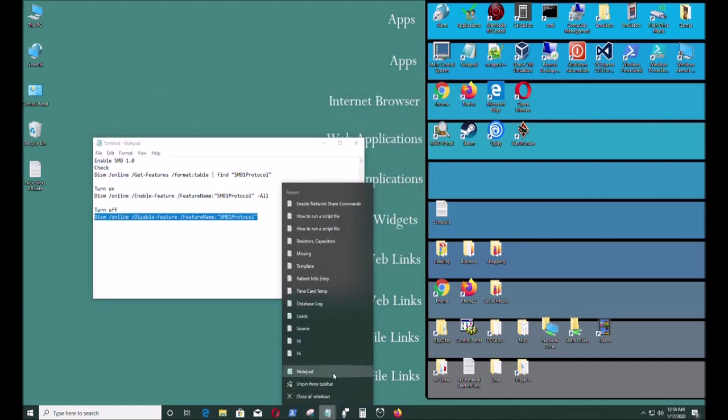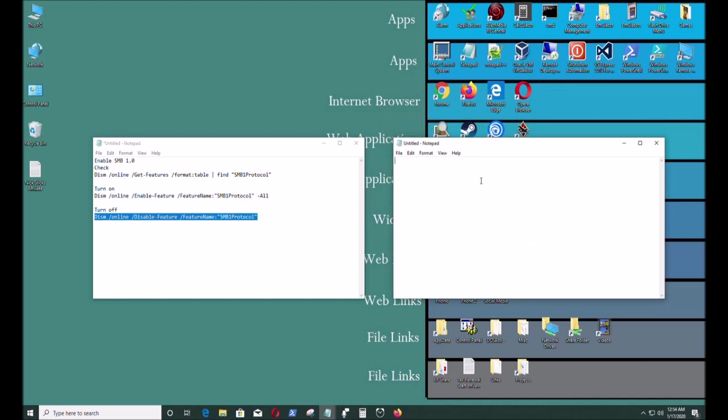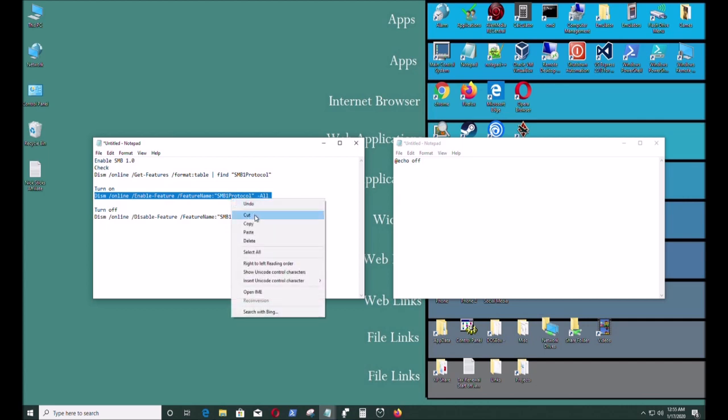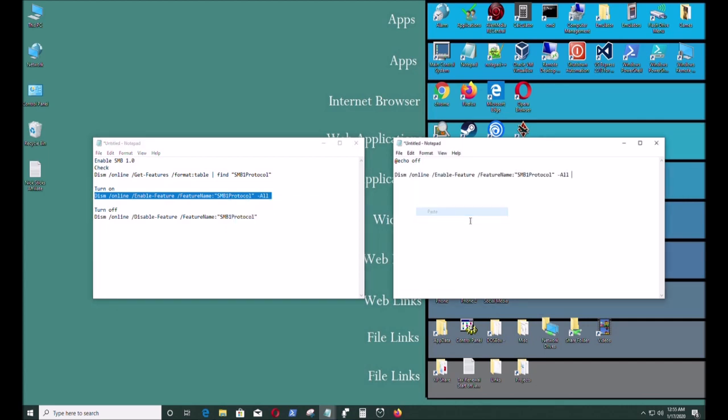But you could just write a batch script, and if you have a lot of computers in your network, you could use the batch script to do it on every computer instead of going to every computer and doing it. You could just use remote desktop access and do it for each computer. It's much faster than going through, let's say, 50 computers. You just type in the command right here, paste it, and then you just